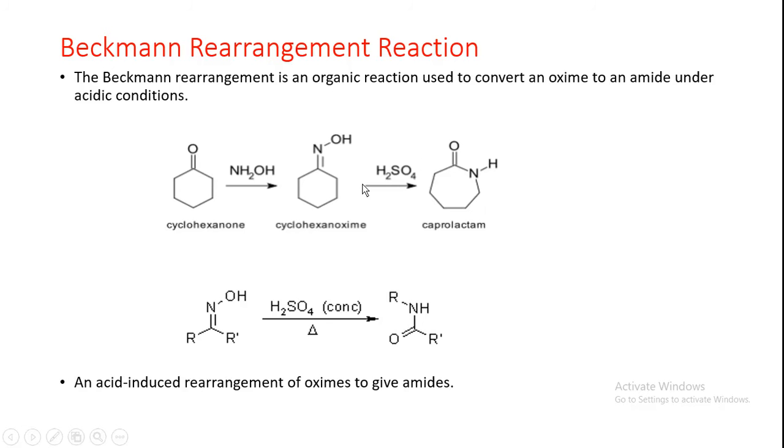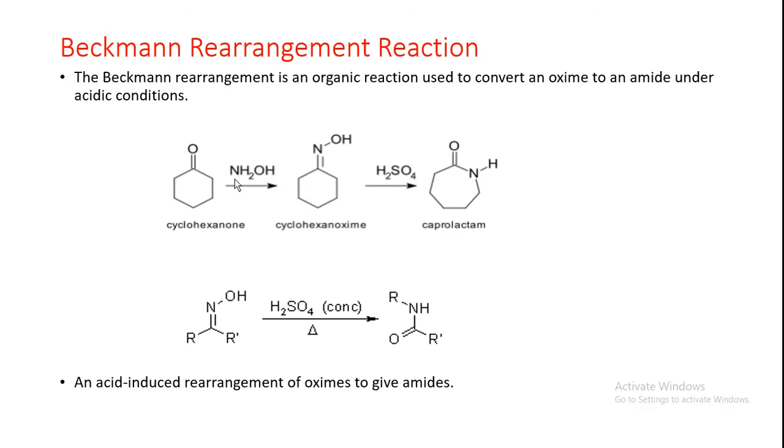So here you see acidic condition. So we are using this H2SO4. Okay, that is acidic condition. So first step, this is not the step where Beckmann rearrangement is used. From this step to conversion to this step, this is known as Beckmann rearrangement. So first, for example, here this is carbonyl group. So that carbonyl group we treat with